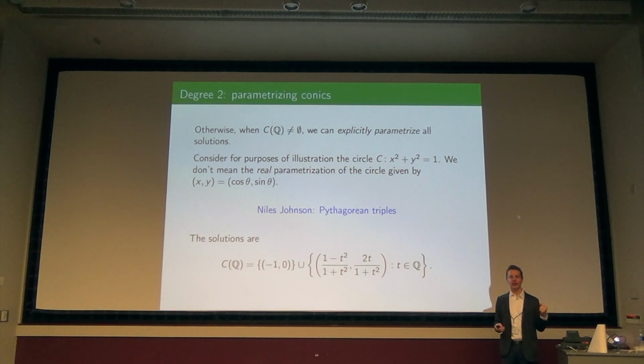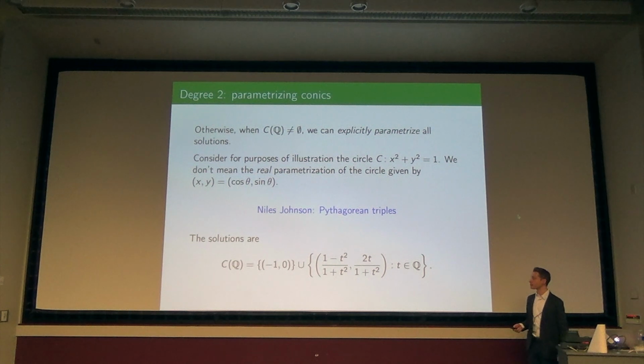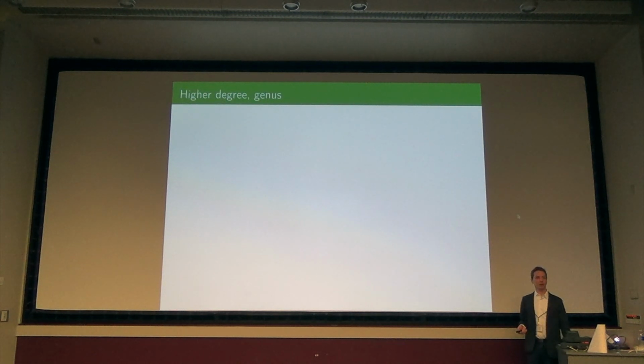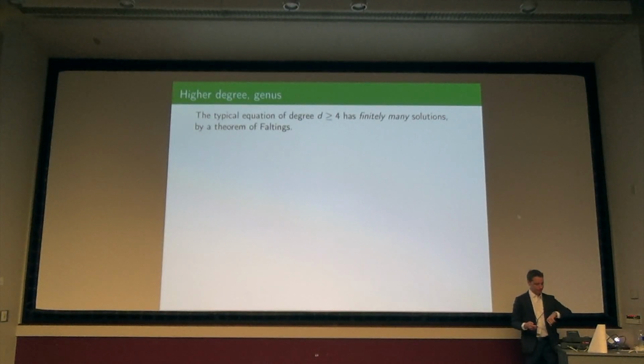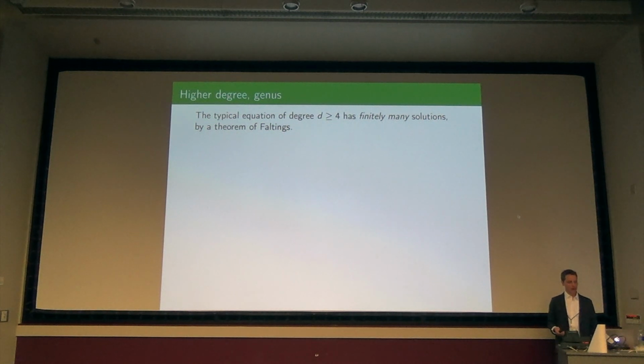All right. Did I at least convince you degree 1 and degree 2 are well in hand? They're classical geometric ways of understanding what the rational solutions are, and I can tell you what all of them are, as long as I can detect that there's one in the first place. Okay, cool. Let's talk about higher degree then. I'm just going to go way big degree and talk typical.